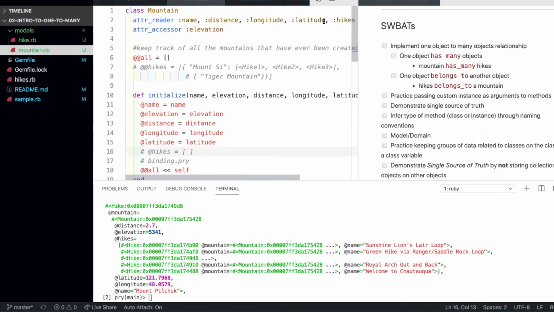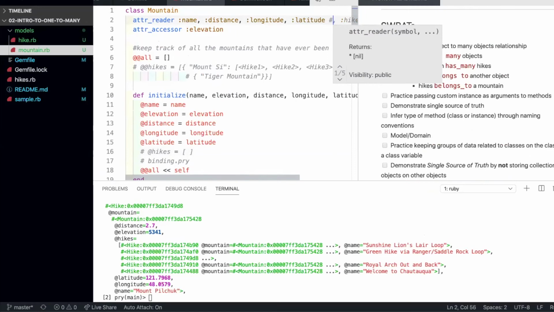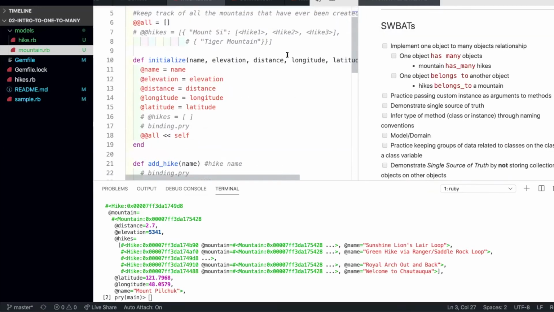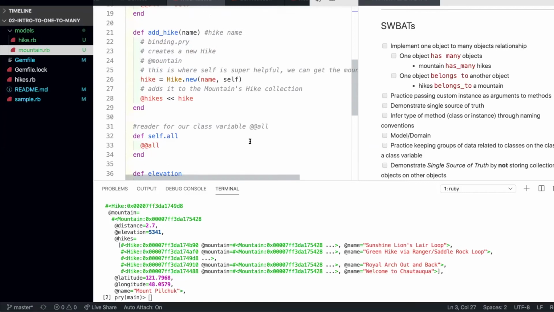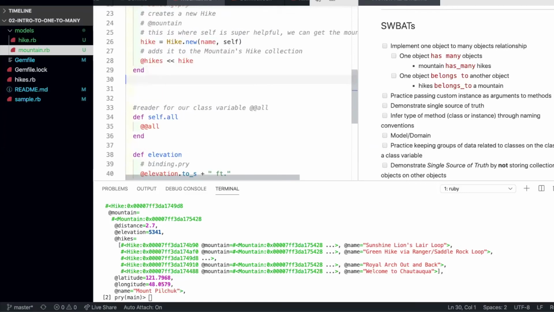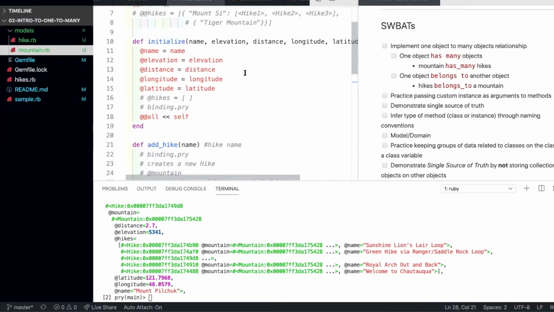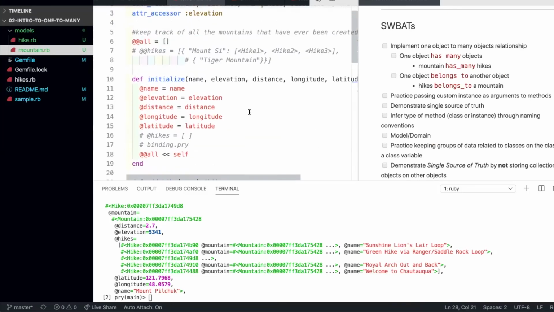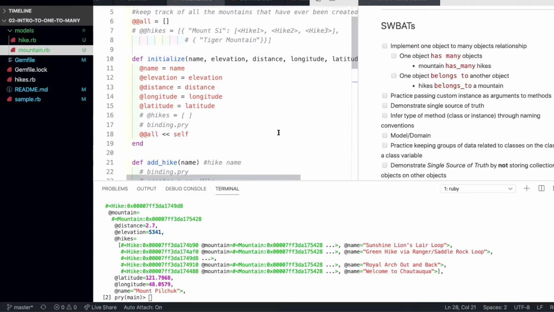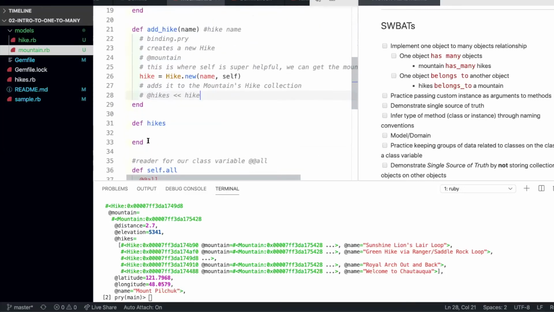And I'm also going to take out this because it's not just a getter anymore. If I wanted to rewrite my hikes, def hikes. Before it was a reader and instance method, so it's going to be the exact same thing, except now this array is not in here anymore. So I can take this out too. I took the reader out, and took it out of add_hike. So I still need to be able to figure out a way to find all of the hikes that